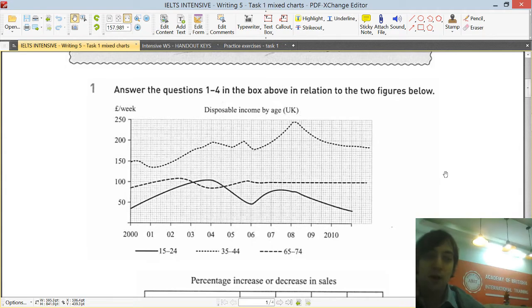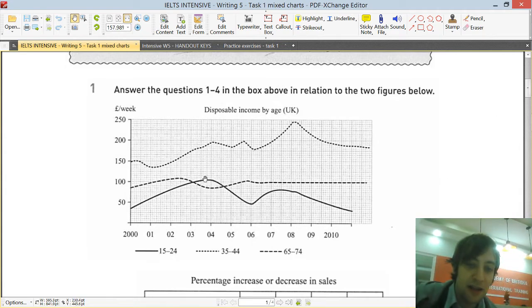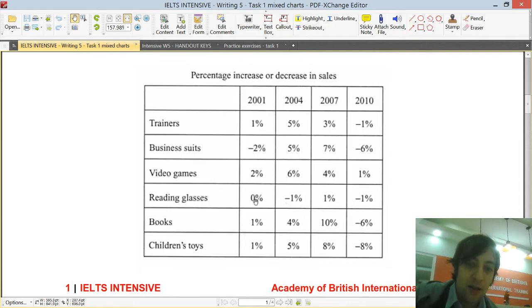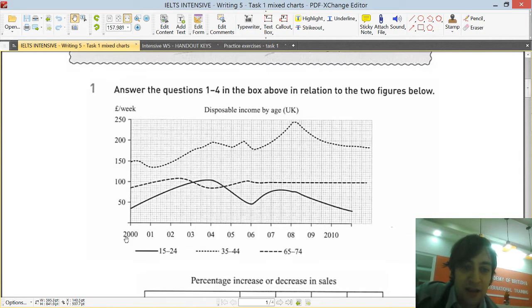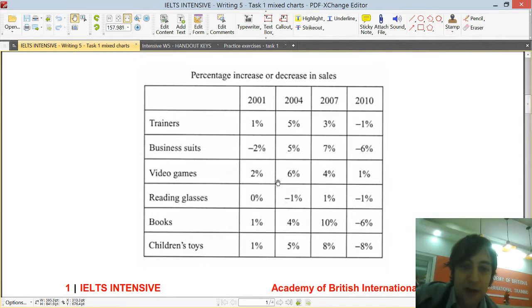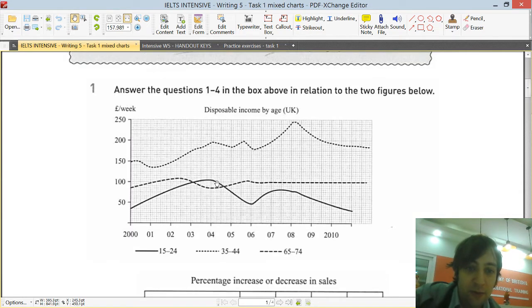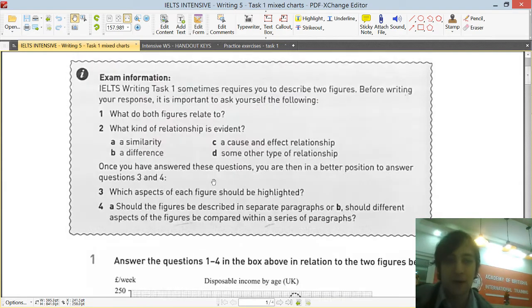As we can see here, the more disposable income a certain age group has, the more there is a rise or fall in the percentage of sales for a particular thing. For example, if we have a look at something that 15 to 24-year-olds are more likely to buy, video games, okay? In 2004, we have a 6% increase. And in 2004, we also have the biggest increase in disposable income by that age group. Hence, cause and effect relationship. Let's go on to exercise